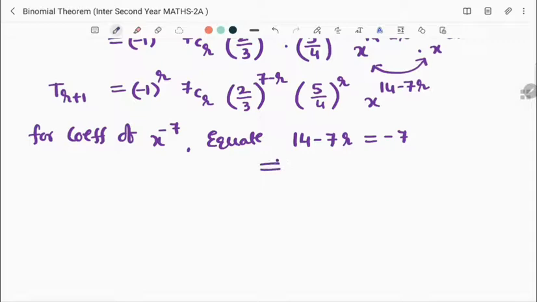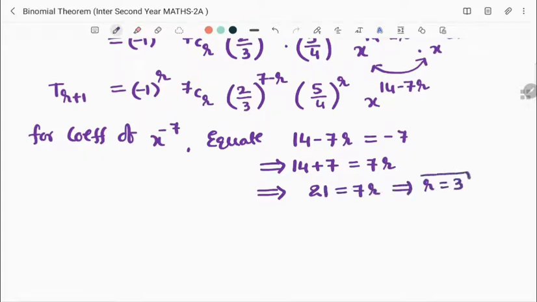So that implies that 14 plus 7 is equal to 7r. That implies 21 is equal to 7r. That implies r is equal to 3. r value we got it. So r is equal to 3. Substitute r is equal to 3 in equation 2. We get